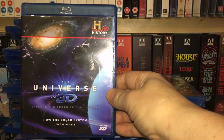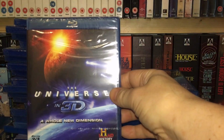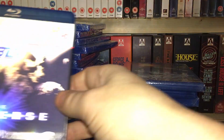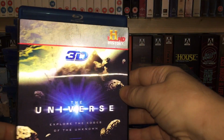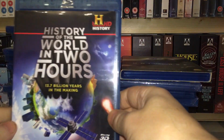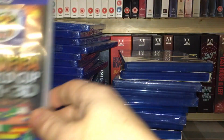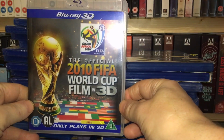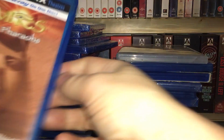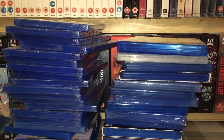The Universe in 3D, how the solar system was made. A Whole New Dimension, and 7 Wonders of the Solar System. The History of the World in 2 hours. The official 2010 FIFA World Cup film in 3D. Mummies, Secrets of the Pharaohs. And finally, for this batch, the other bookend,